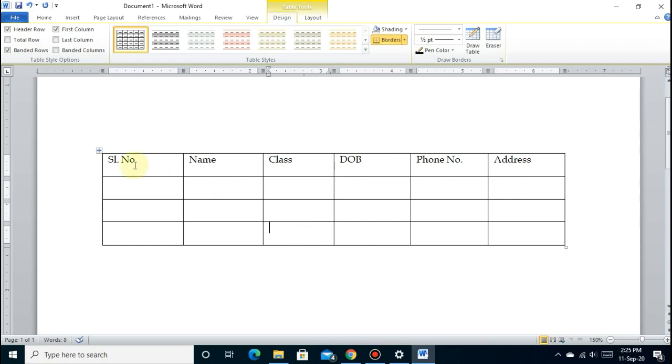So here we have entered the fields of a table. So if you want to make it bold, then bring your mouse pointer here.